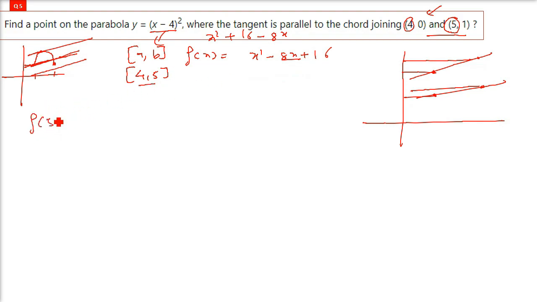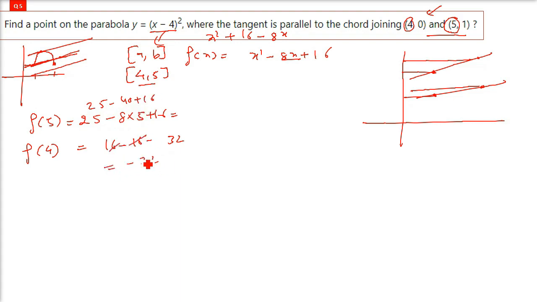Now see, we will find out FB and FA, that is F5 and F4. This is 25 minus, this is F5. I'm putting in the original equation, remember. And when I put this, we will get some FB and FA value. And FB minus FA by B minus A, as I told you, B minus A will simply be 5 minus 4, which is 1. So the denominator will not count, it is just 1. No, F4 is going to be,